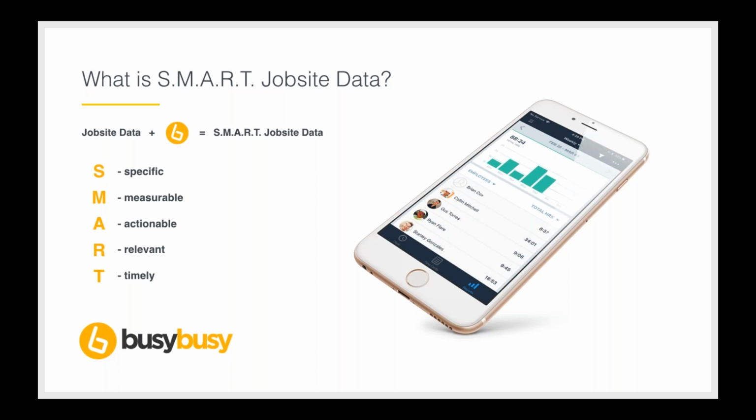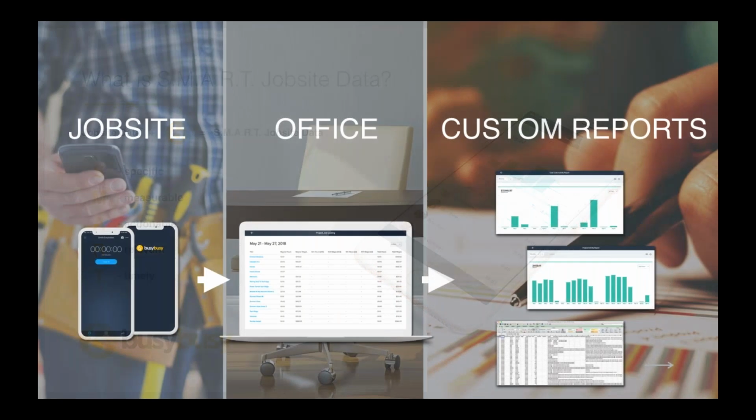So I want to talk about how that affects things. You can manage your business on a job site on a daily basis, not just weekly or monthly or, worse, at the end of a project. And that's what smart job site data is doing for construction companies today. The beauty of it is we now have the power to bring all that information from the job site to the office, and we can build custom reports to meet your company's specific needs. The benefit is you can read that data daily, and you can make corrections and changes on job sites daily and avoid a lot of the problems that happen because you don't have good data coming in.